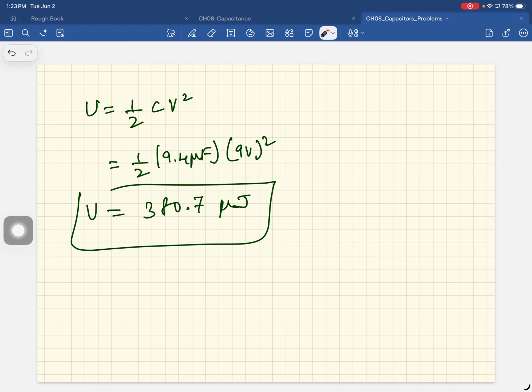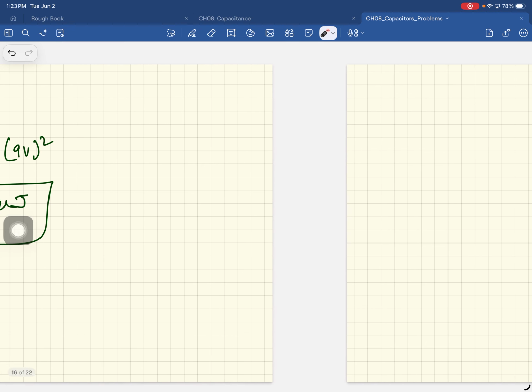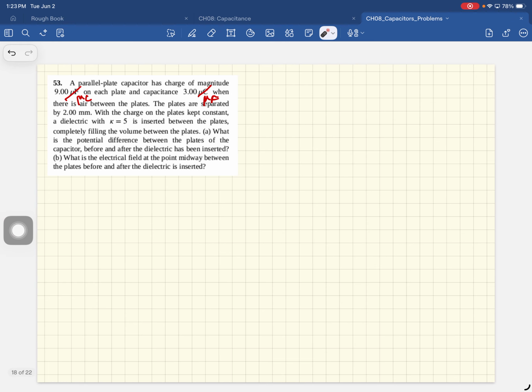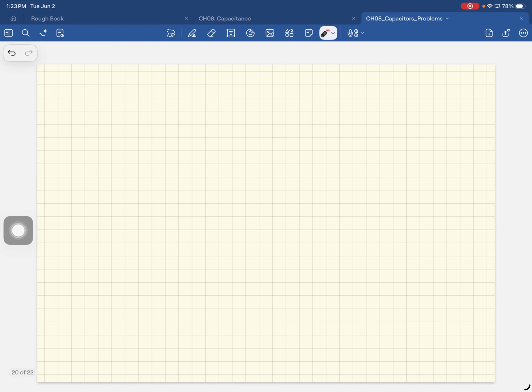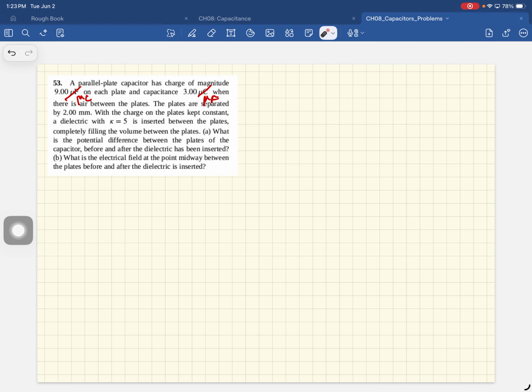Okay, 1.5 times 10 to the 3 volts, 1500 volts per meter. And after the dielectric is inserted,